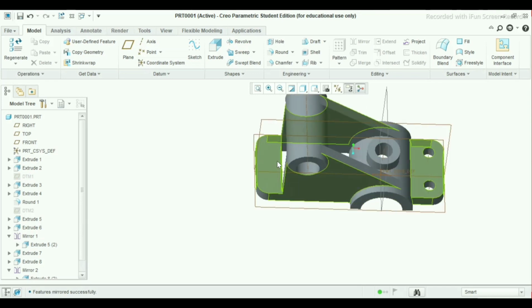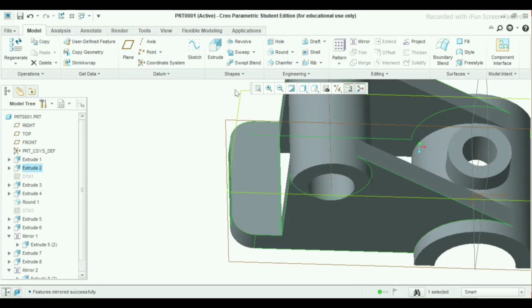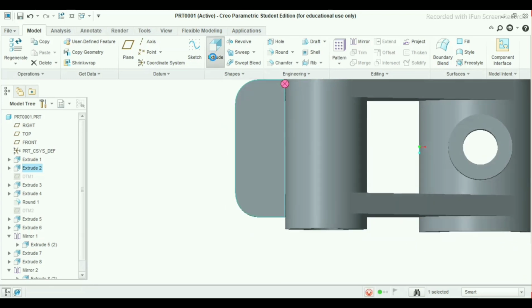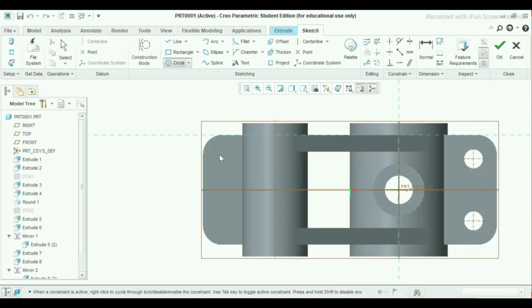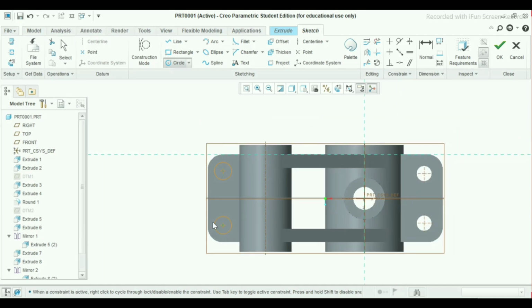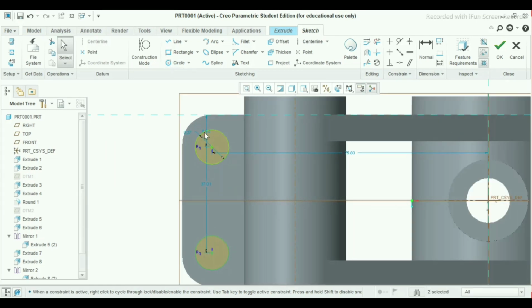Now select this plane, extrude. Select your circle. Make here 2 circles of same radii. Change the dimensions.